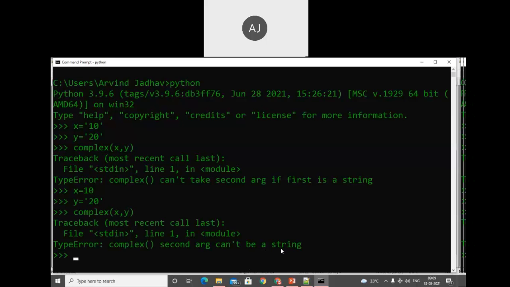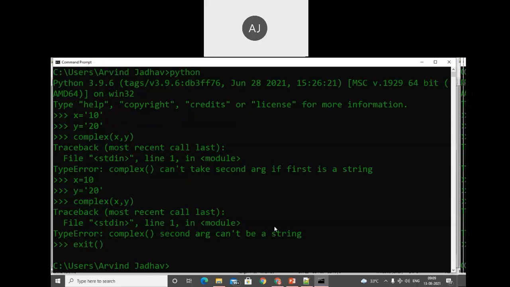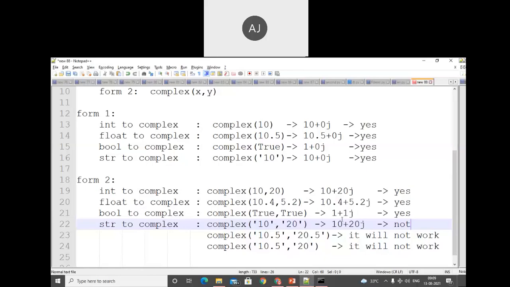So we cannot convert the string to complex. This is about complex numbers: in form number one we can convert all the data types, but in form number two, all data types except the string data type can be converted into the complex number.